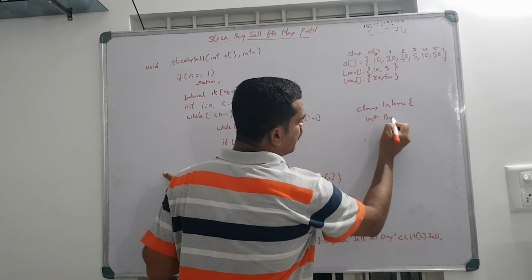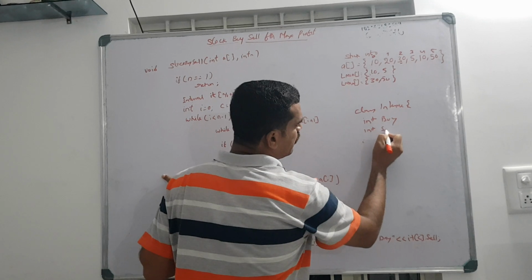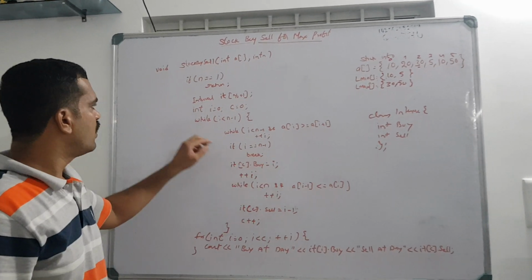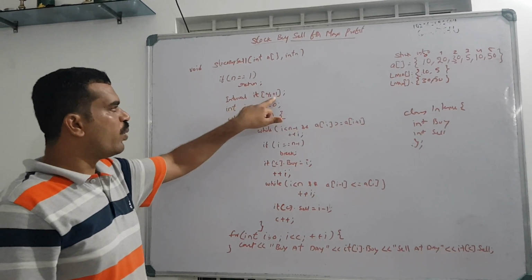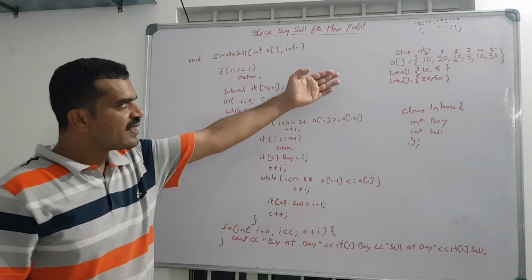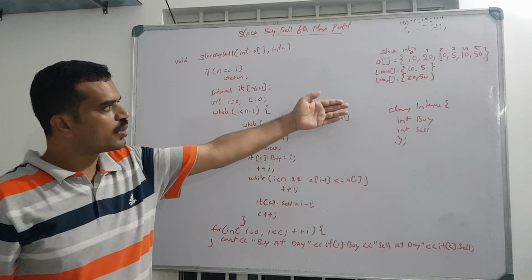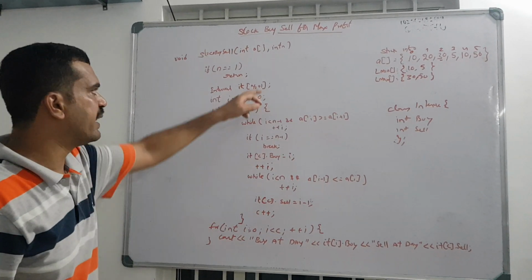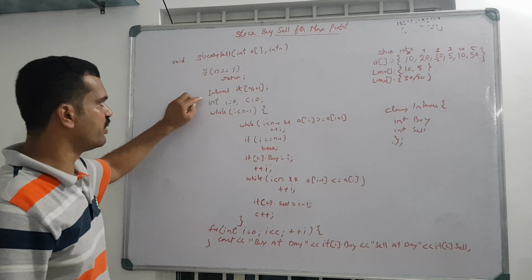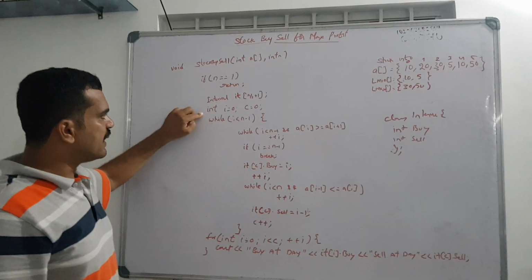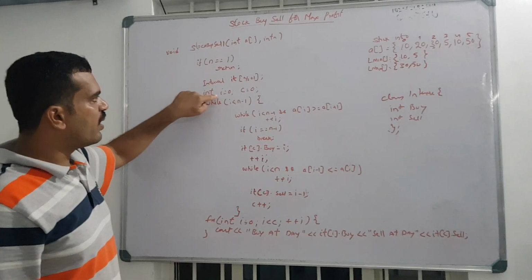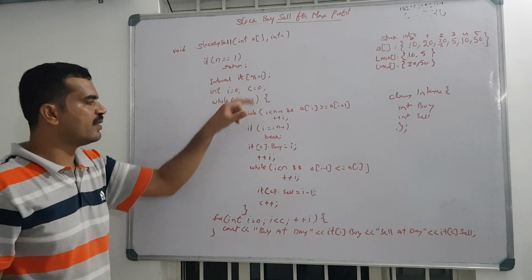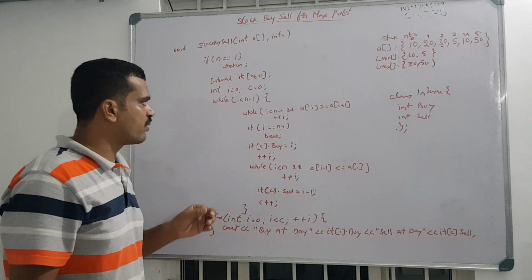Two values like buy and sell. So we have two values in the class. So we can take n by 2 value. Actually no need to take n size, since at maximum it will take n by 2 only. So we'll take the array of n by 2 of interval. Let us initialize the iteration values. One is i for indexing purpose and c is to fill the buy sell values.